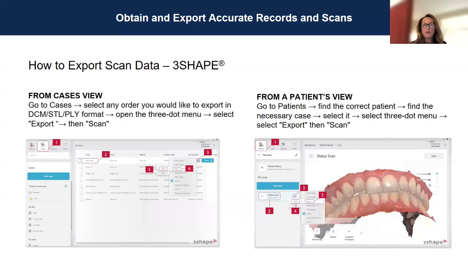You can go from case view, go to cases, select the order that you want to export. But prior to scanning, you just scan the regular way, scan only from that part, if that makes sense, so you don't have to do iRecords. And then once you get everything scanned, you would go to your cases, select the order, export DCM/STL-PLY format. And then there's 3 dots. You open that up, select export,